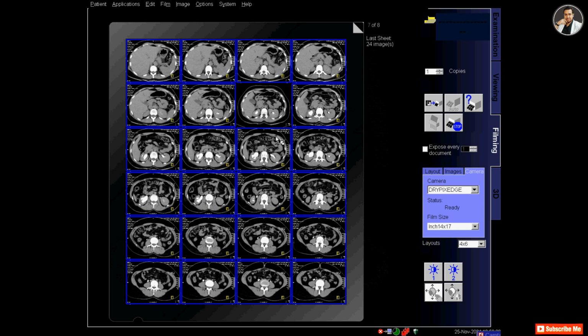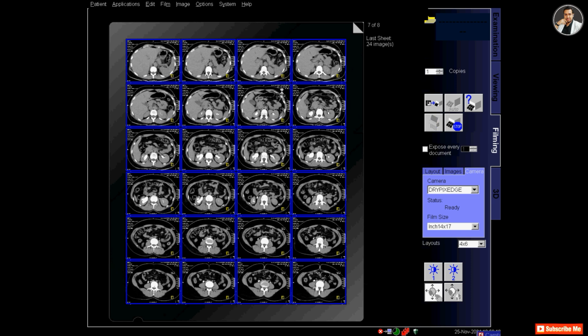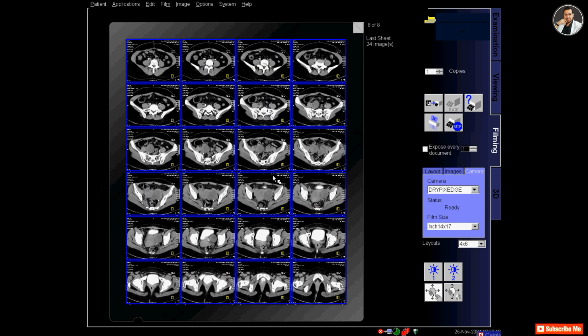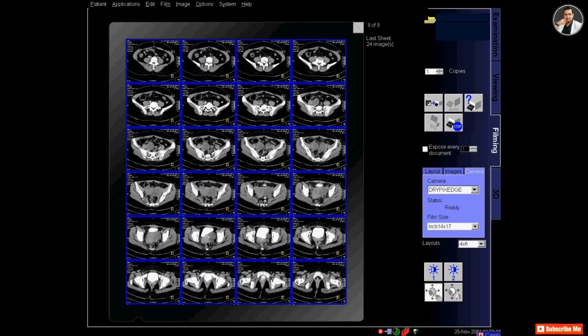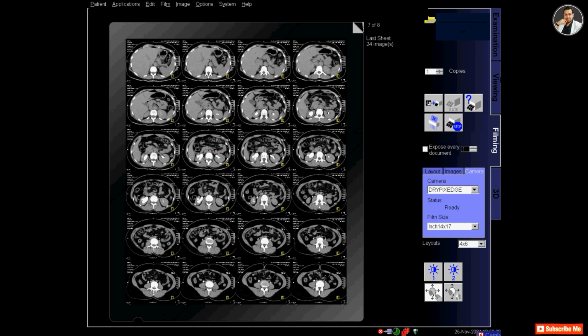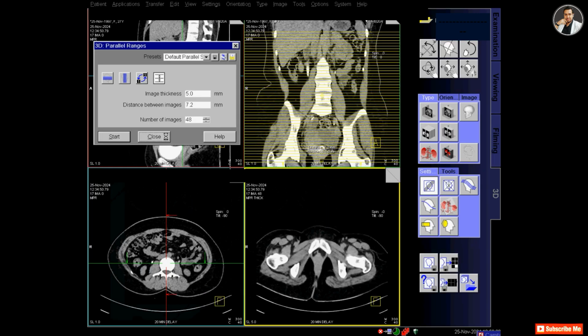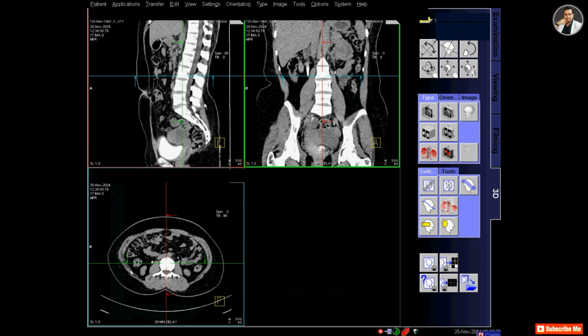And in the filming the layout is 4:6, and I will adjust the zoom of the image and panning the image so that it fits in the segments. So the bladder is showing beside the lesion in this phase. So this is a 20-minute phase.